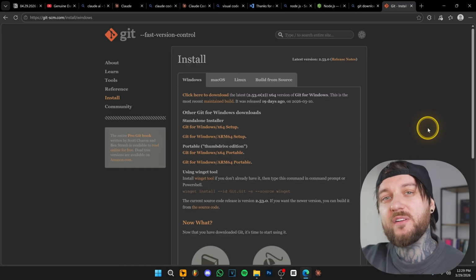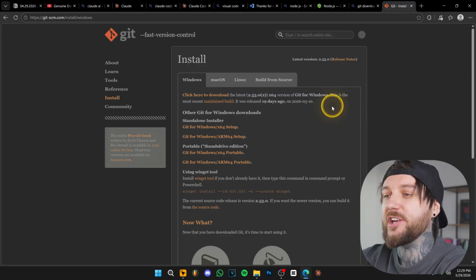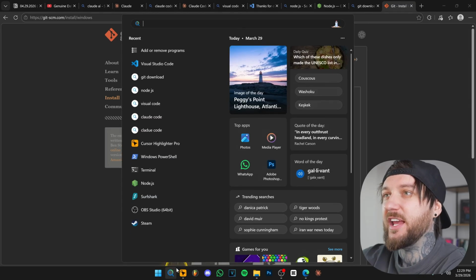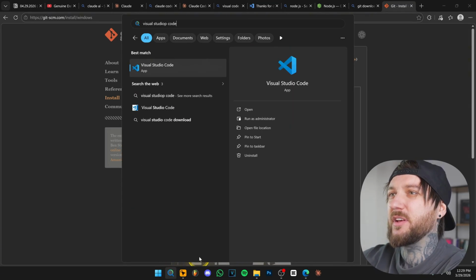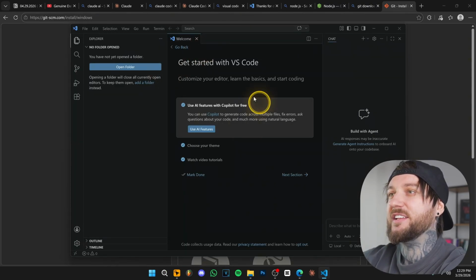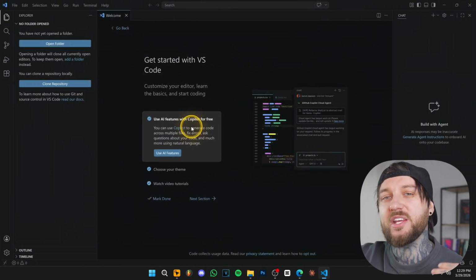Now we have to open Visual Studio Code, which is the first application we've downloaded. For that, go over here on your search bar on the computer and search for Visual Studio Code, right? And it should appear over here, Visual Studio Code, and just open this application. This is where we're going to be using Claude Code, and this is where we're going to be creating the